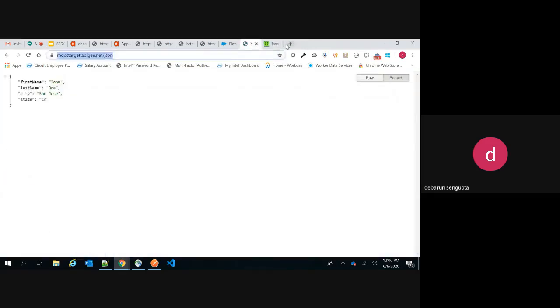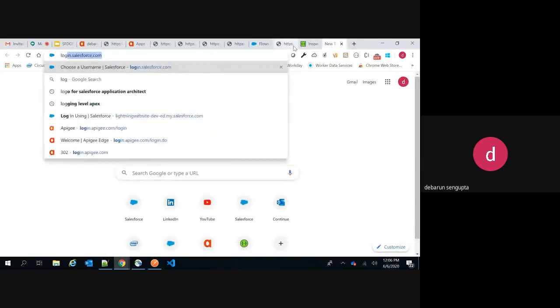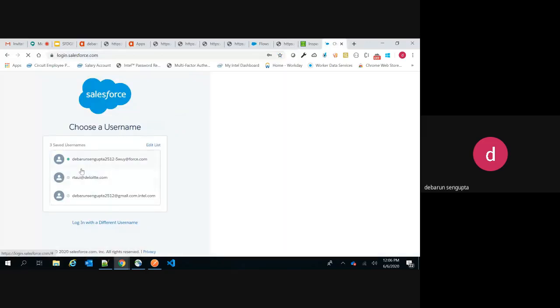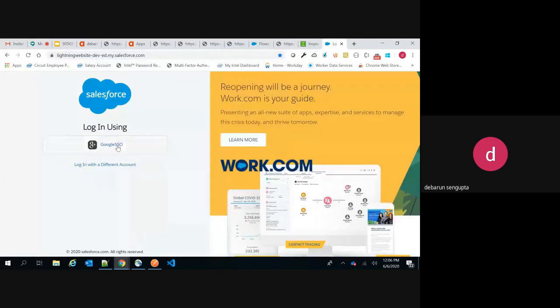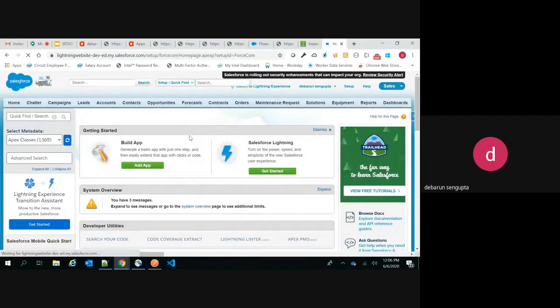Okay, and let me just show you the Lightning code also. Now we will be able to understand what pain point I was talking about. Okay, so this is the Lightning one, right?